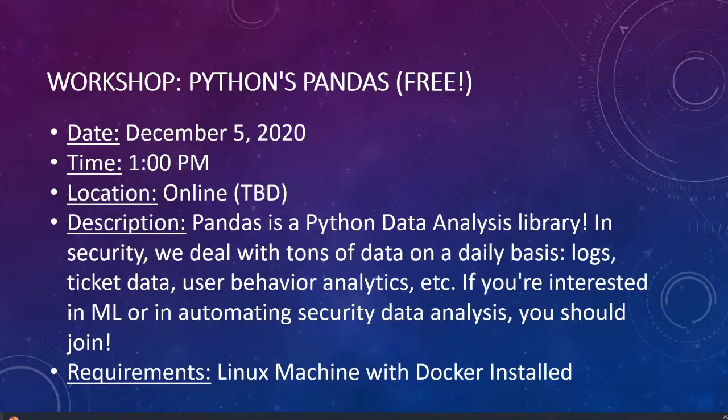This is going to be an introductory workshop. I'm going to start from the very beginning. I know that a ton of the people in this program don't necessarily know Python because we don't really learn it in school. Even if you don't know Python, though, I think this workshop will be really nice. You're going to pick up things very quickly. It's going to be very hands-on. I'm basically just going to explain a concept, give you a couple exercises, explain another concept, give you another couple of exercises.